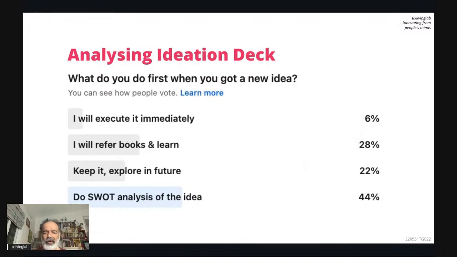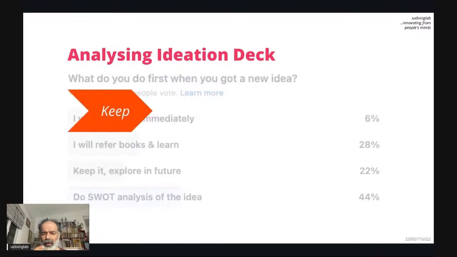How does it work? I will go through it again. So keep it. That's the first step. Anyway, there is an idea, you have to keep it, because next time that idea may not come to your mind. Whenever an idea comes to your mind, you have to record it and keep it, because the human mind won't generate that idea next time.